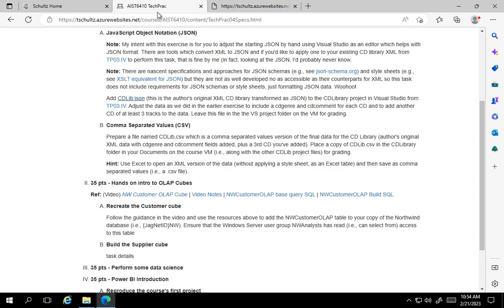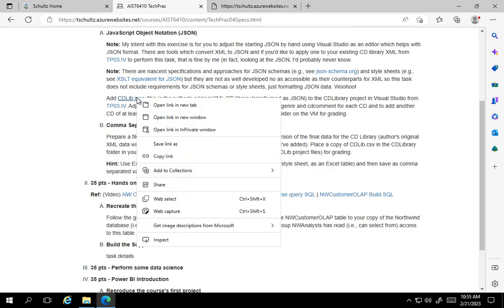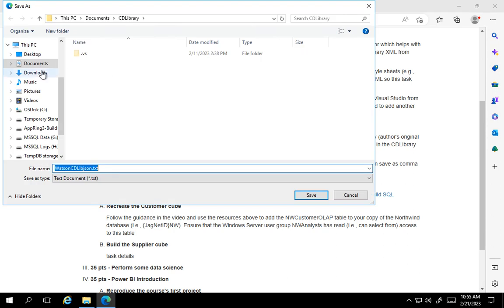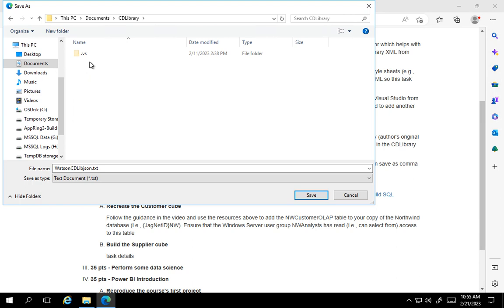The way I recommend installing this is, in the VM, open up a browser. I'm in Edge. I got this by left clicking on this, but if I right click, at least in Edge, and I think in Chrome and Firefox, if that's what you use, it will have a save link as opportunity. What I'd recommend you do is go into Documents. You should have this CD library project. If I change it to all files, you'll see